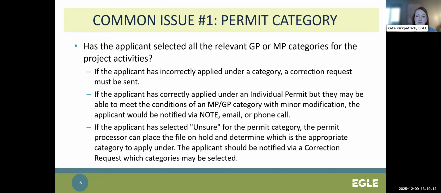However, this does still seem to be a common correction request section, because if the applicant has applied under a GP or an MP or multiple GPs or MPs or both, and there are aspects of the project that do not meet the conditions laid out by that category, EGLE staff will send a correction request. If it seems like there's a minor tweak to the project that will allow the applicant to apply under an MP or GP, EGLE staff will notify you of that and provide you with options on how to move forward